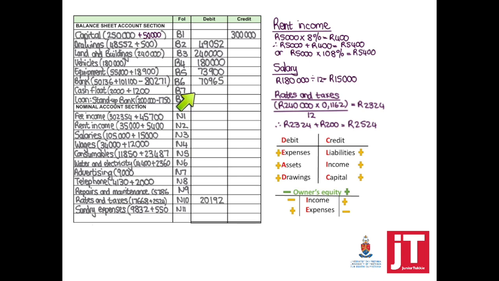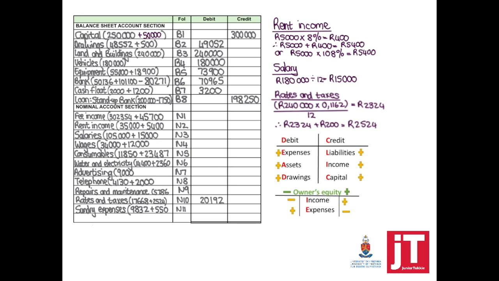So that's why it appears on the debit side, because it's a current asset. Cash float is regarded as an asset on the debit side. My new total, 3,200. Loan, Stand Up Bank is a liability, so on the credit side, my new total,